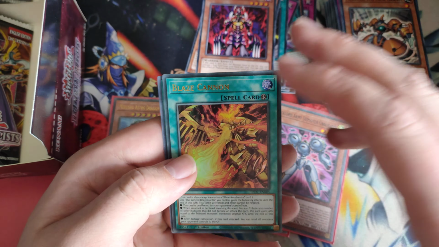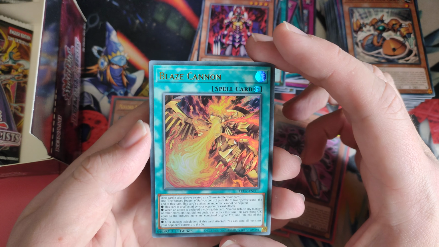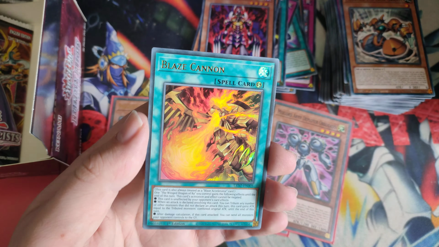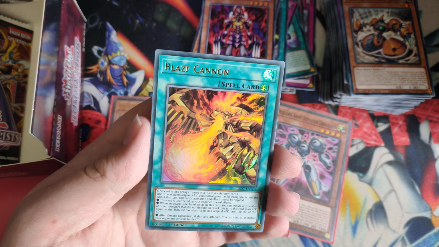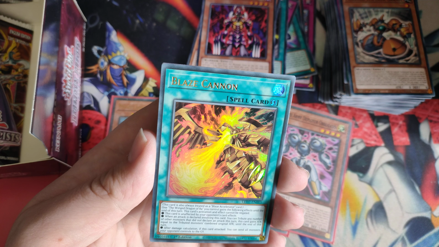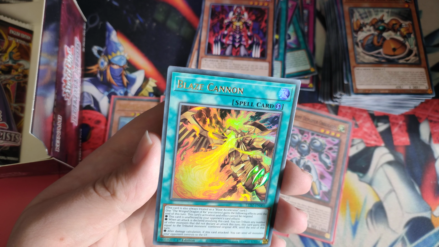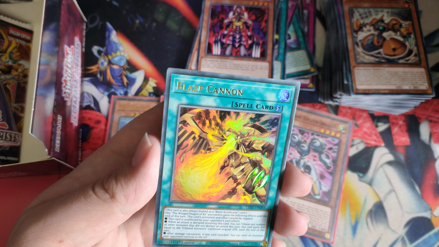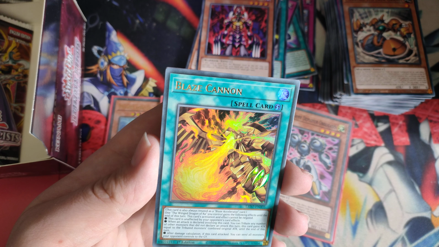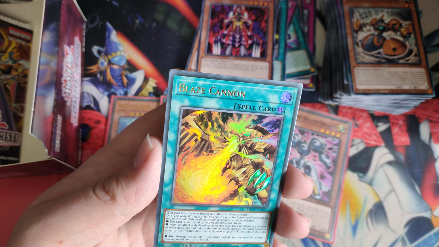Ooh, okay. Volcanic support right here, guys. Blaze Cannon. This is cool. This card is unaffected by your opponent's card effects. When an attack is declared involving this card, you can tribute any number of monsters that did not declare an attack this turn. This card gains attack equal to